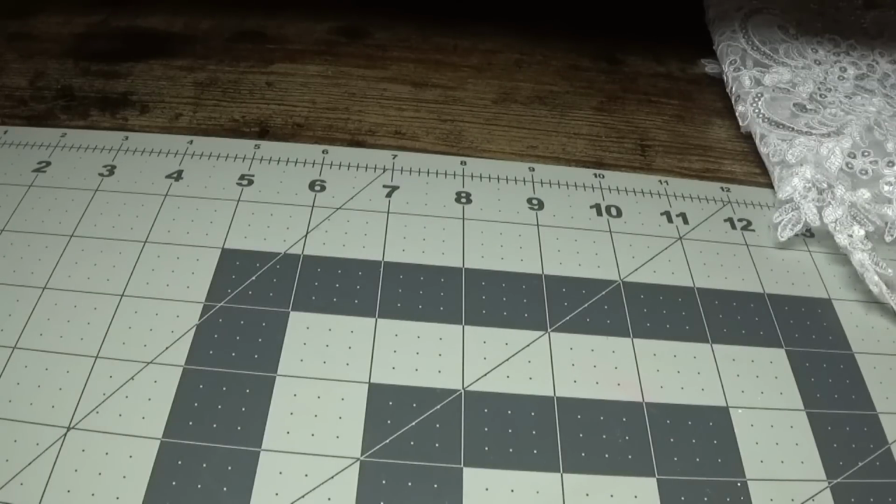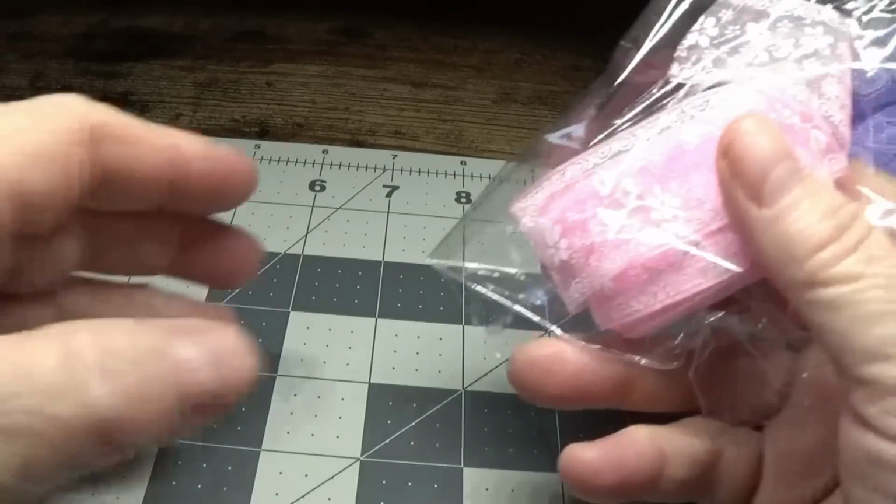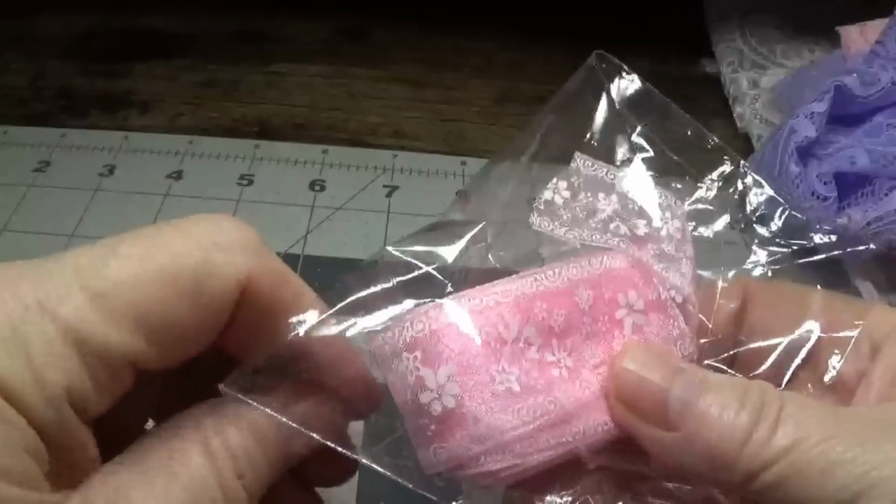And as far as the width goes, let me see what the width is. The width here is about 6 inches. Not bad at all. Okay. And then, let's see. I purchased, let me set this aside, I'm sorry. This little,